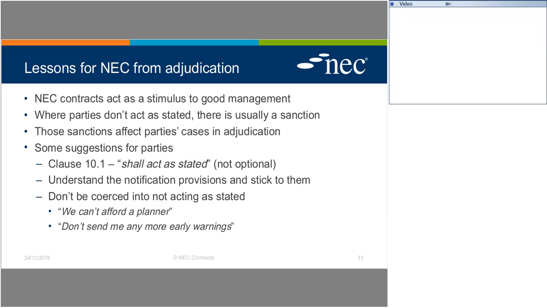And when I say don't be coerced, a lot of participants in projects get almost depressed when they are submitting documents to the other party, meeting a wall of silence, and they never hear anything else. Well, keep doing what the contract requires you to do. There's a better chance the project will finish successfully. You won't meet an adjudicator if you do that. But certainly, if you do end up in adjudication, your party will do much better if you can demonstrate to that adjudicator you've done everything that the contract requires.